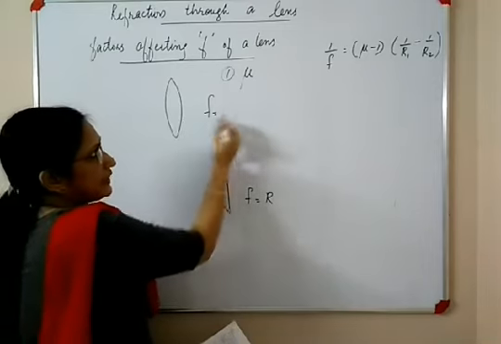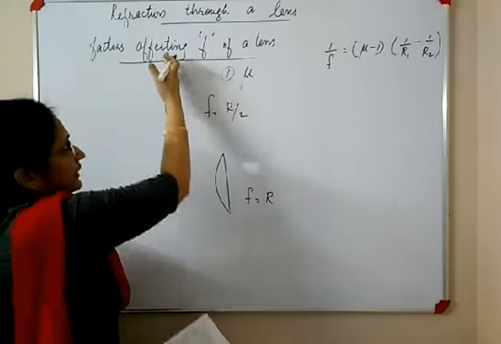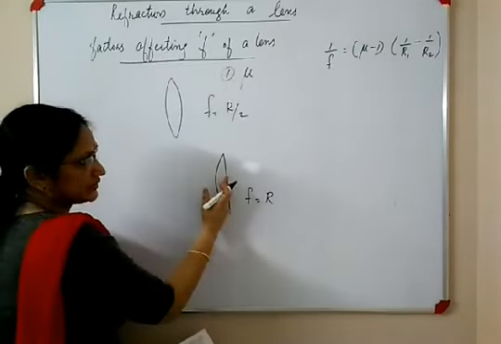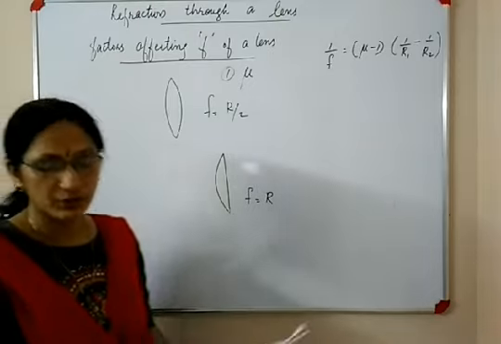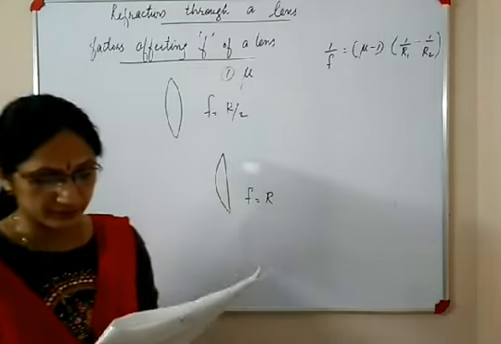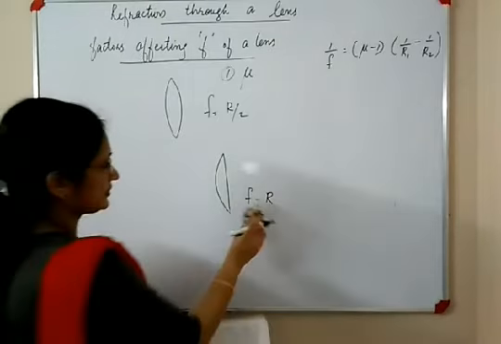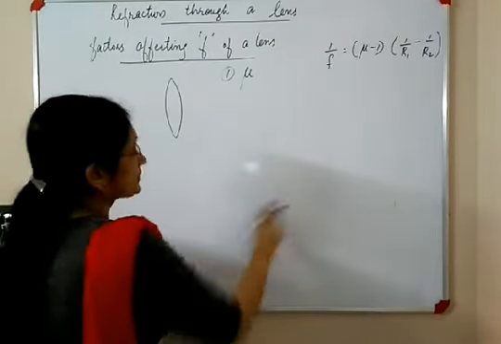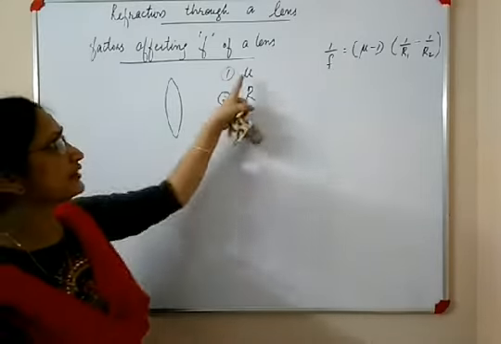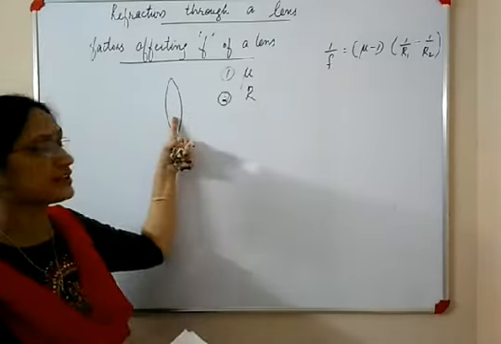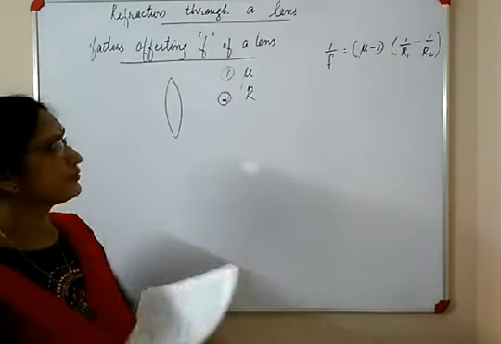Imagine this was the complete lens. Here the focal length is half of the radius of curvature. If the lens is cut into two halves like this, I mean one side becomes plane, then the focal length becomes equal to the radius of curvature. The next point. So, second factor is radius of curvature. First factor, refractive index of this material will affect focal length. Then radius of curvature will affect the focal length.